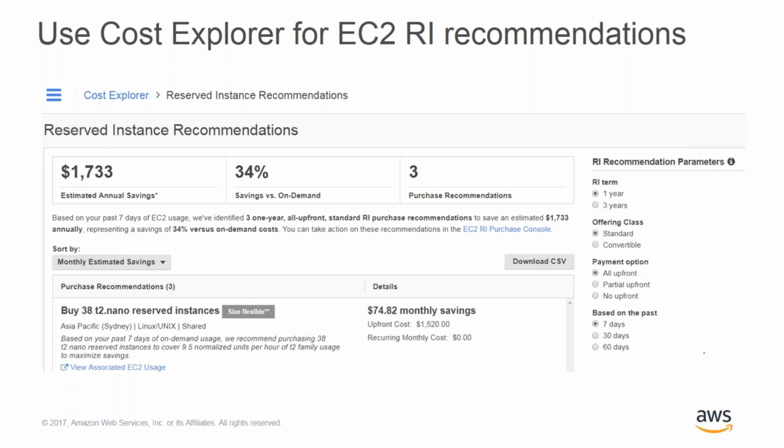And so if you've made recent changes to your infrastructure or you've recently purchased reserved instances, you might go for an option like 7 days, which will take into account the latest updates to your system. However, if you want a longer term view or things haven't been changing that much over the past short period, then you can have a look at the 30-day option or the 60-day option.